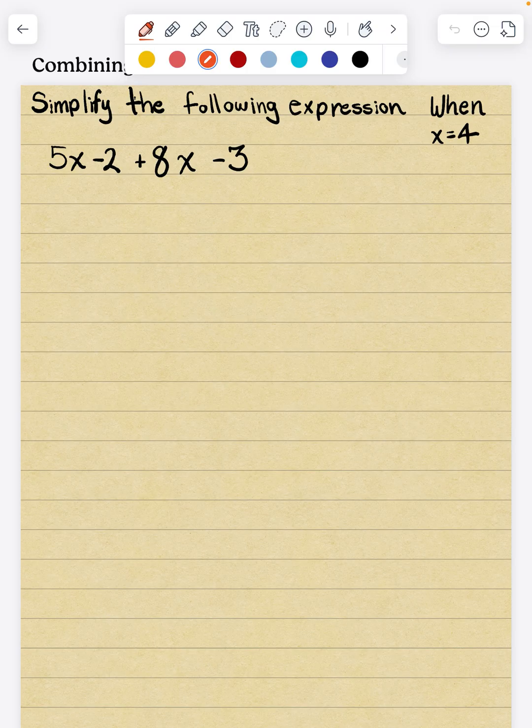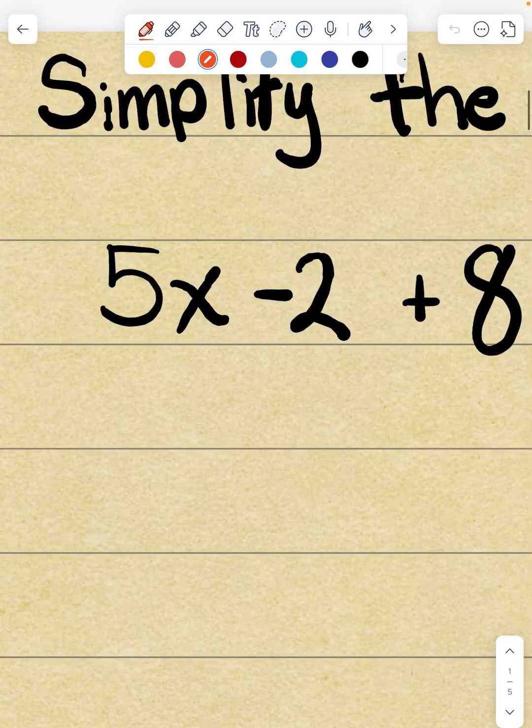So we're going to simplify these expressions, and then we're going to substitute for our variables. So I'm just going to get right into it. My first step, whenever I do any one of these problems, is I'm going to start by identifying my like terms. Now remember, a like term is any term that has the same variable raised to the same exponent. So when I look at the first one and I box that in because my pen keeps dying, driving me nuts,